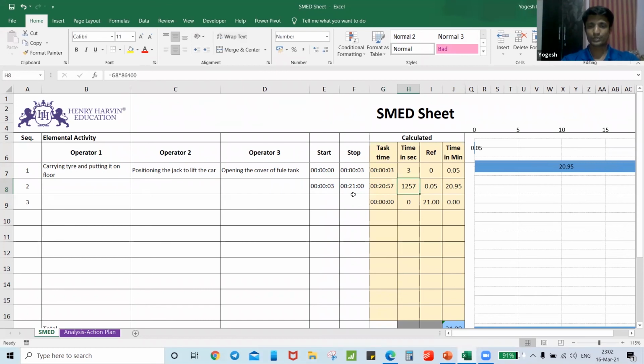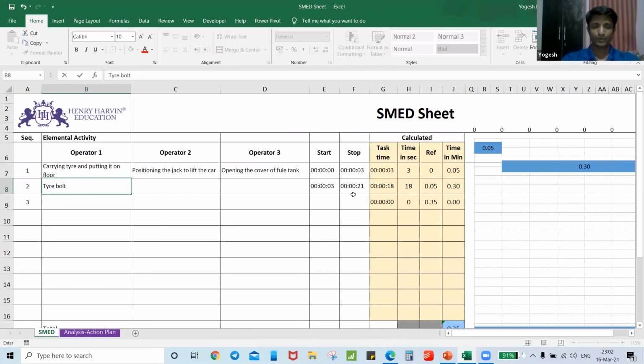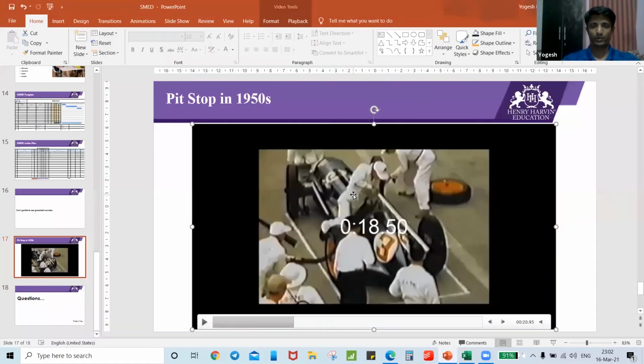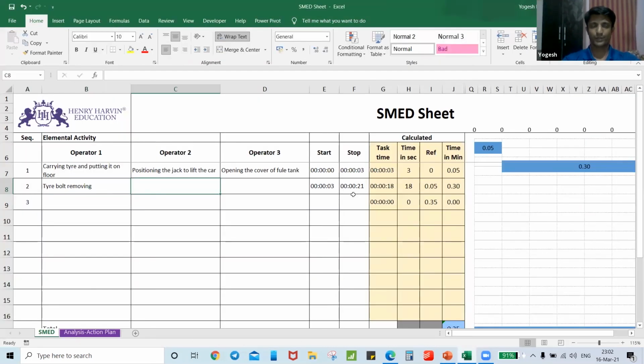So it took 0021, right? So it took around 18 seconds just to loosen the bolt. So we'll write here tire bolt removing, right? Tire bolt removing. And operator 1, operator 2 is lifting the jack,